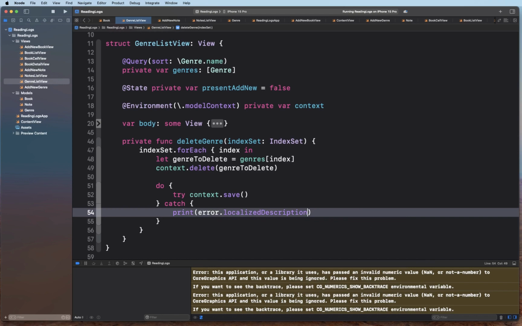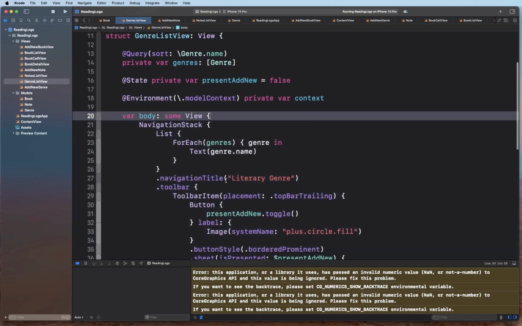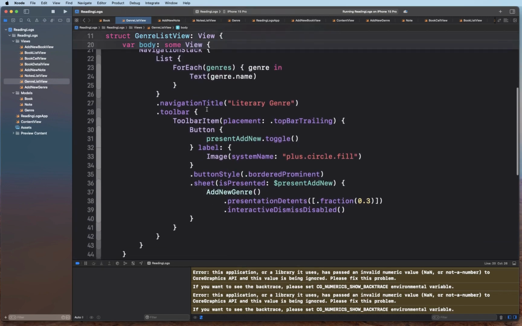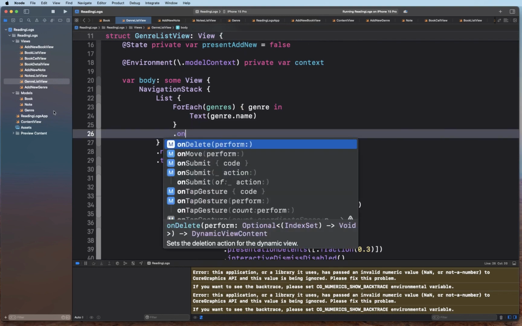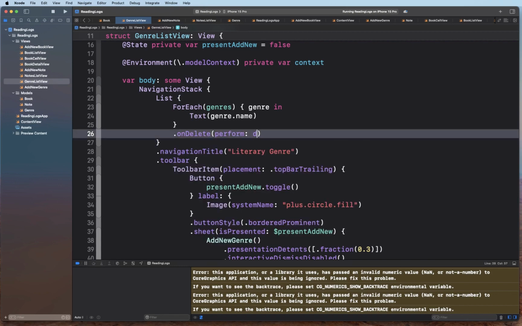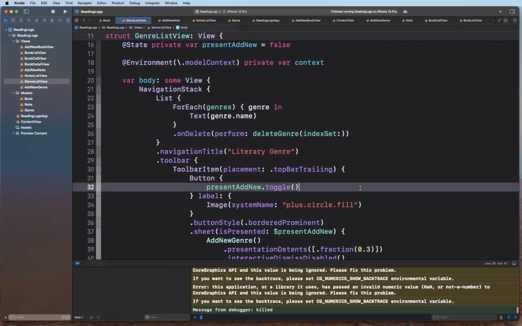All right, now when we have this functionality ready, let's go ahead and attach this to the onDelete modifier inside the for each view. So go back into the body property and find the for each, and we're gonna add the modifier onDelete, and here we're gonna call our delete genre. Okay, so all we gotta do is basically call this function, and this function is basically gonna enable the delete functionality. So let's go ahead and relaunch the app,